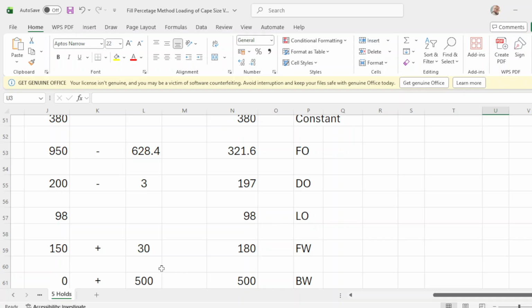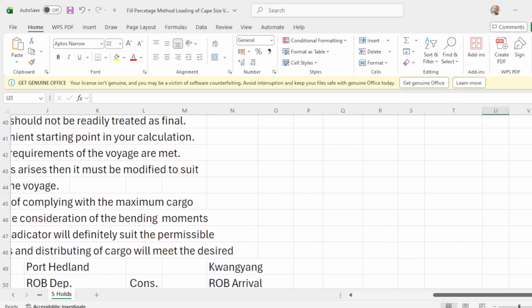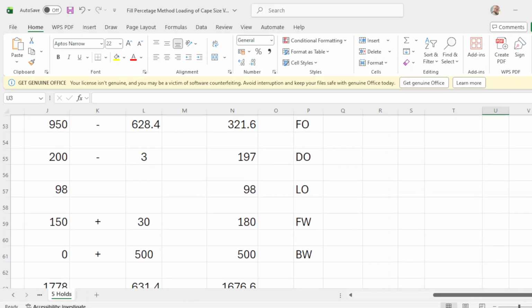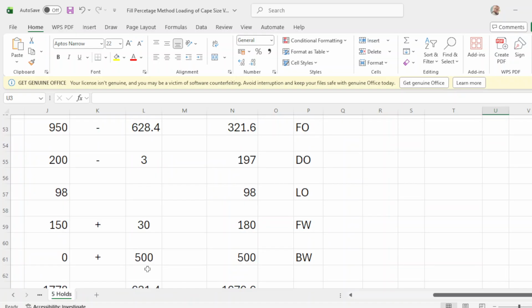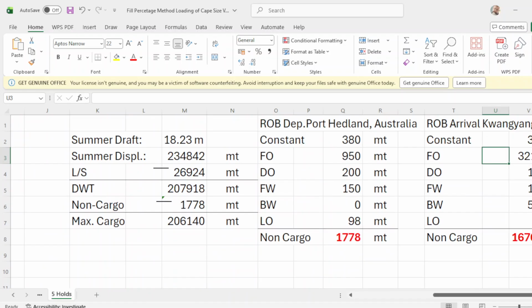And your freshwater, we have a production of 30 tons freshwater, that will be 180, okay? So you have here freshwater 180. Then your ballast, you add 500 metric tons of ballast from 0, then your ballast would be 500. And lube oil is the same.